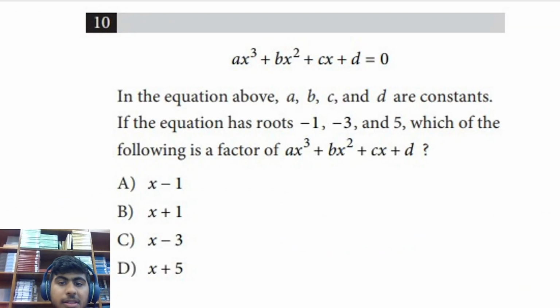All right, move on to the last question of this set. Let's see. We're given that a, b, c, and d are constants. It's a cubic function, but we don't have to solve it, thankfully. We're told that the equation has roots -1, -3, and 5. Which of the following is a factor of this cubic function? Well,